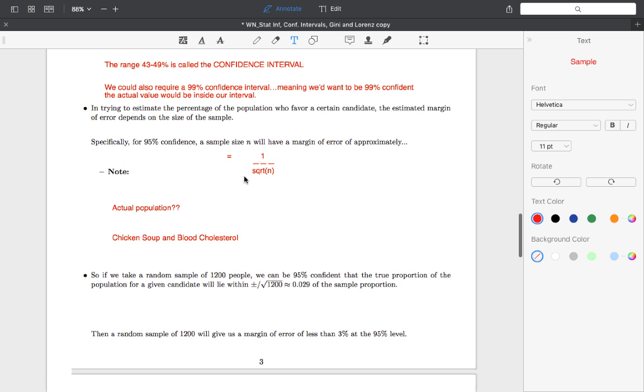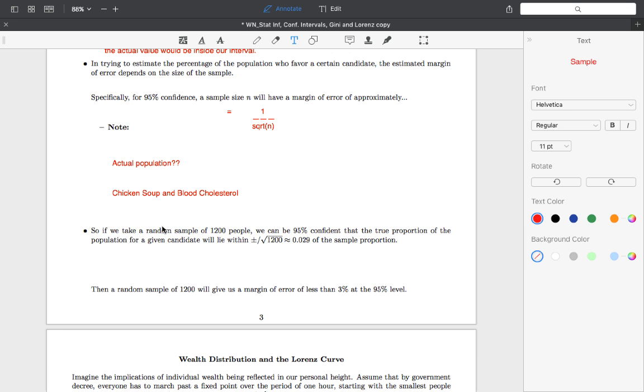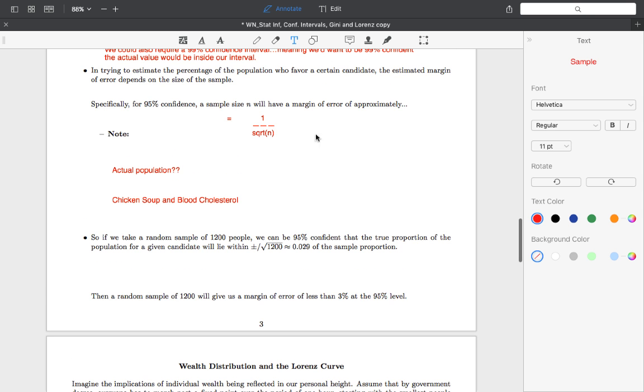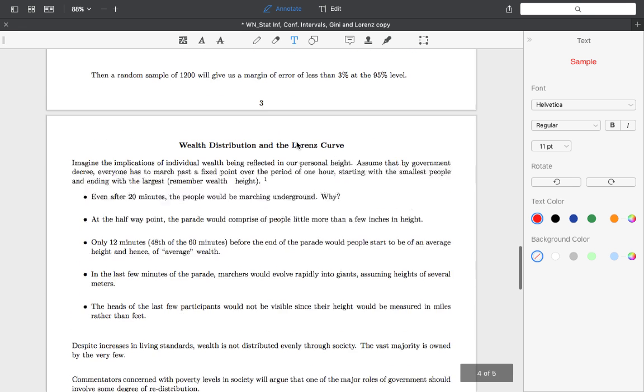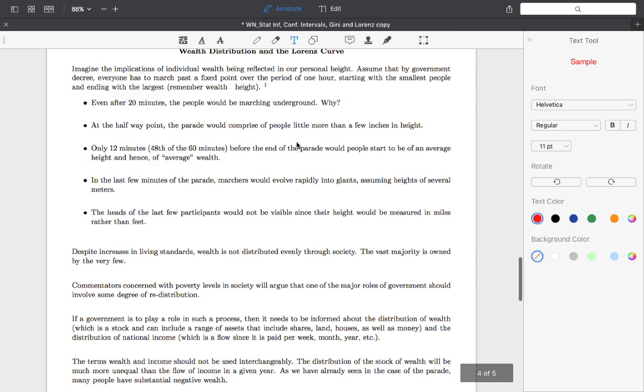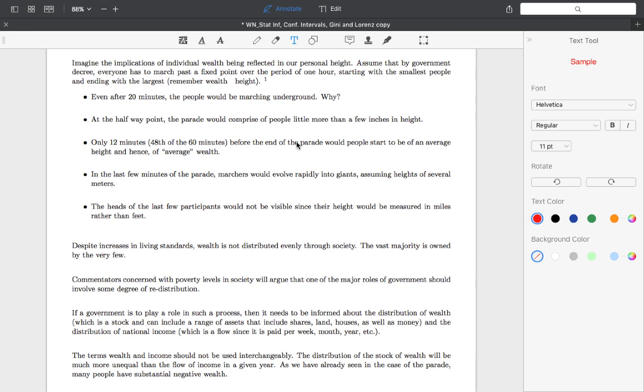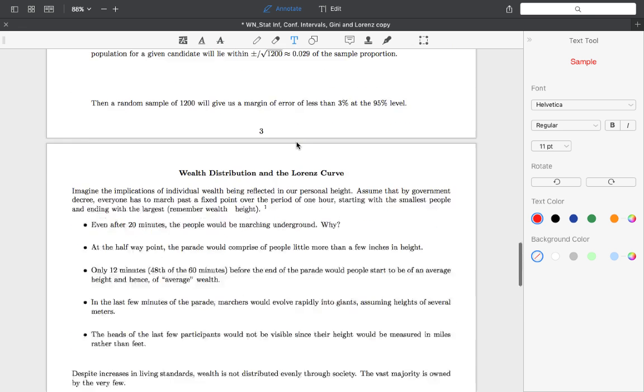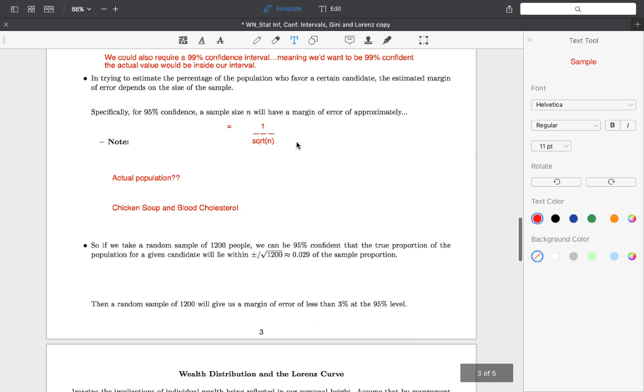Okay. So down here there's a calculation, I give an example for 1,200 people, and just going through and applying the computation for margin of error. And from here, there are added notes to help you if you need help walking through the assignment. But I'm going to upload a video talking about the assignment a little bit.